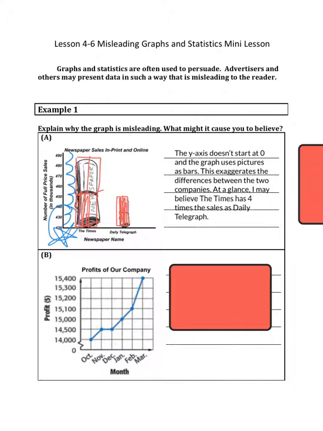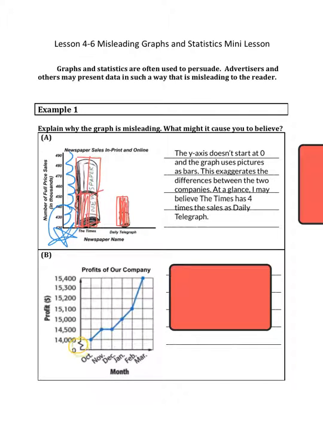Okay, we've got a line graph here. It says profits of our company. I don't really know what company it is. Months, October, November, December, January, February, March. Always check these scales. Did they count by something consistent? In this graph, they didn't do anything wrong per se. What they did is